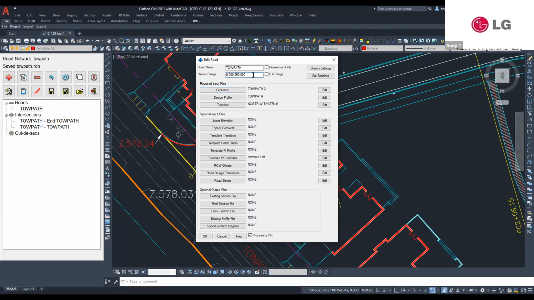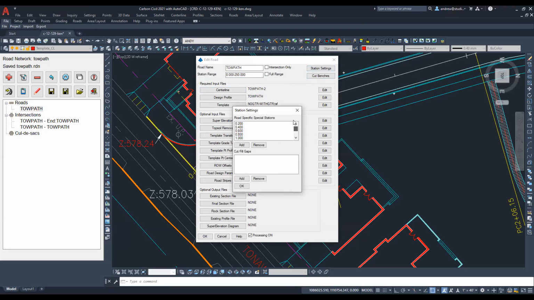Also look at the button to the right that says station settings. And here's where I did these specific special stations that I want to drop a template of. So you notice up there at the top,